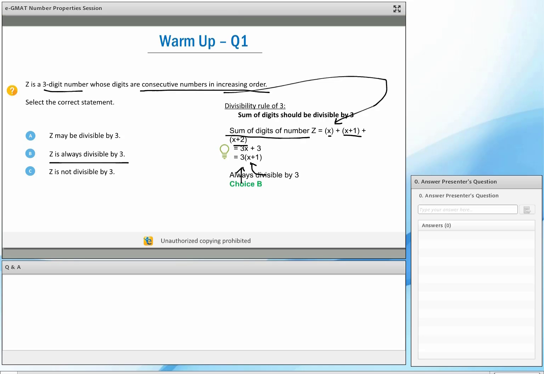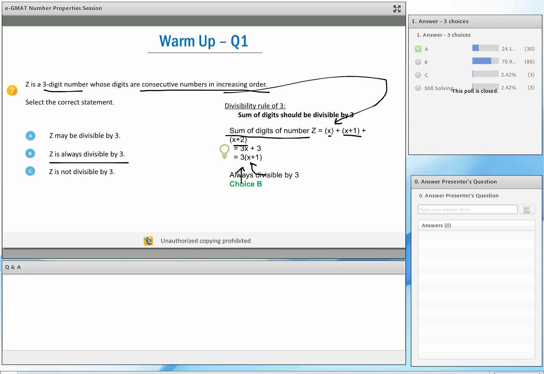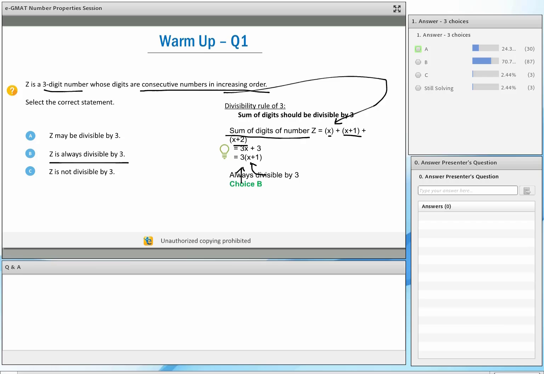Now there were quite a few of you who selected choice A as the correct answer, and there were some of you who even selected C and who were not able to make a selection. So my feedback to you is, actually, let me ask you, for those of you who did not solve the question in this manner, or who made a mistake, tell me, where did you falter? Because that's the feedback for you, because you need to fix that problem in terms of your conceptual understanding. So tell me, why did you falter over here?